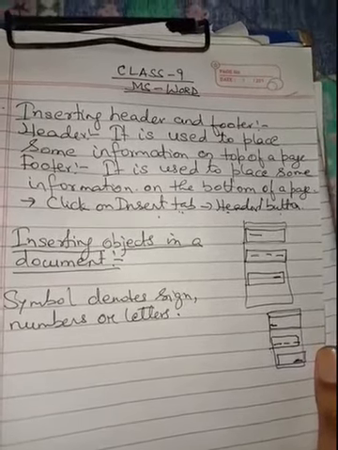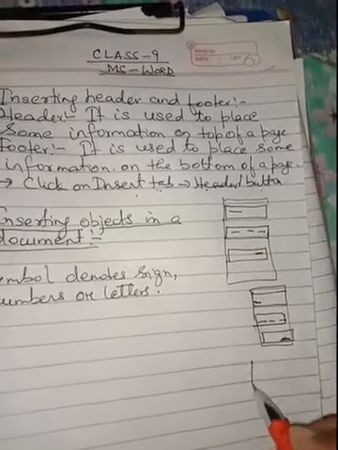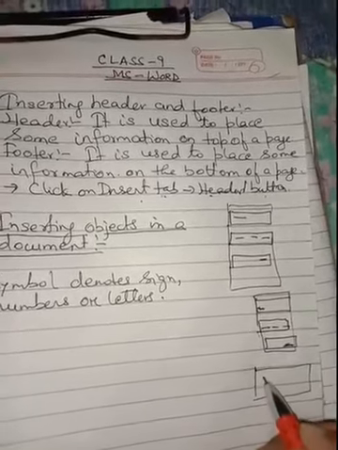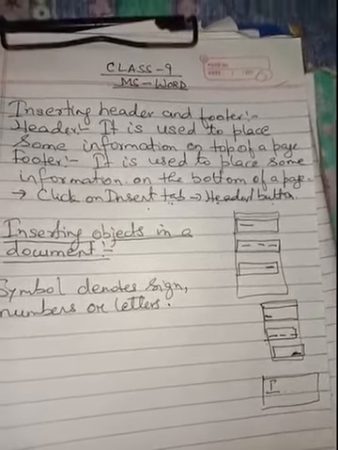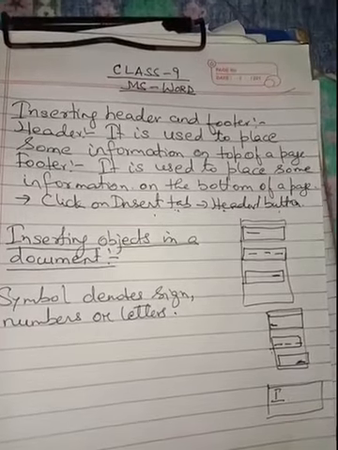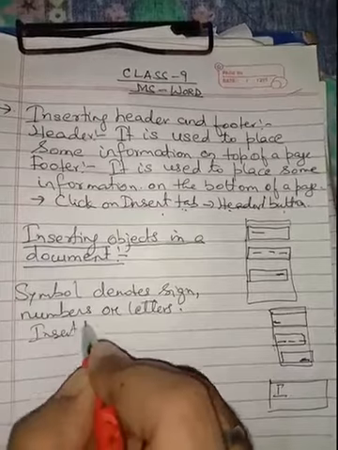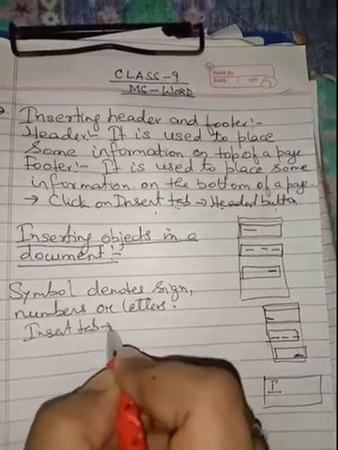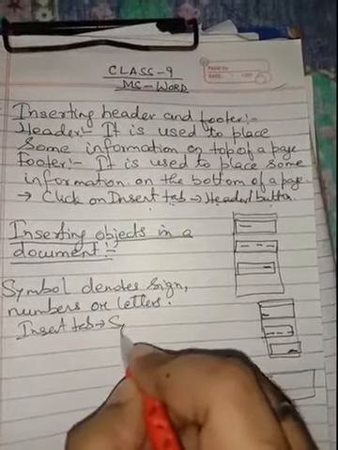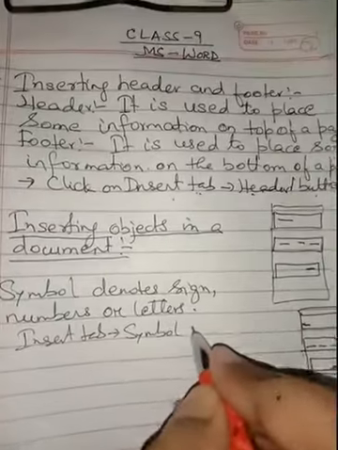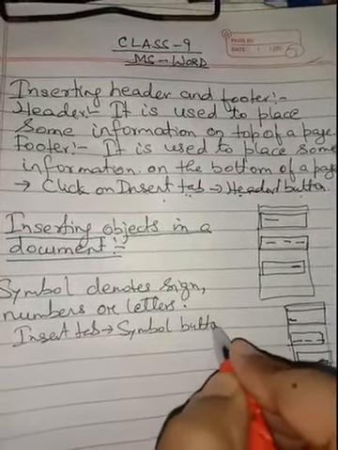First of all, place the cursor, like this is the screen. Place the cursor where you want to insert the symbol. Then click on the insert tab. From the insert tab, click on symbol button.